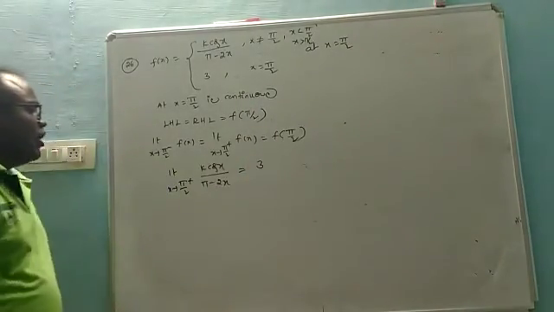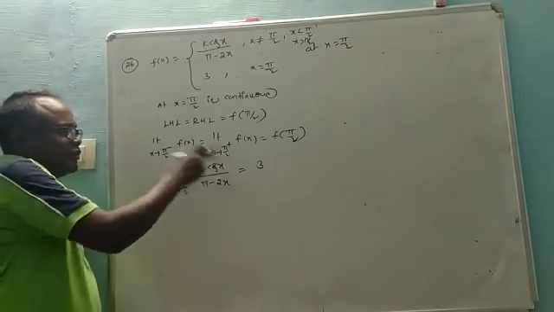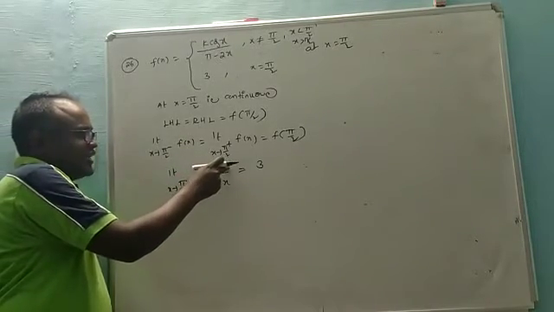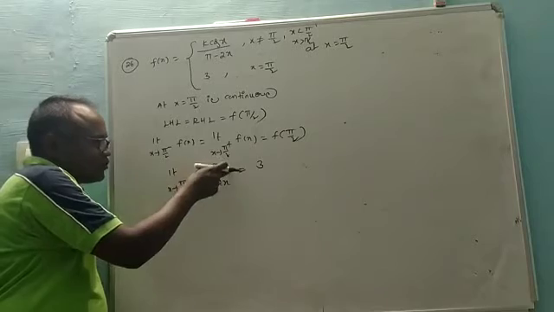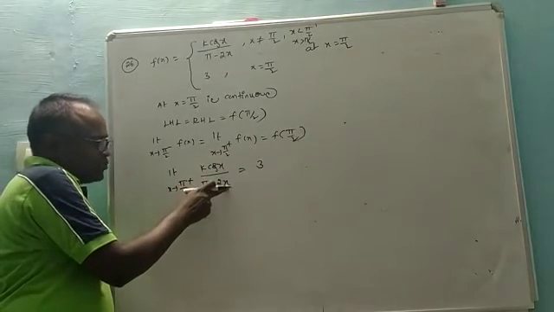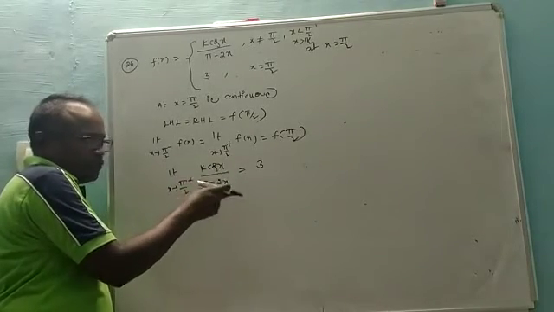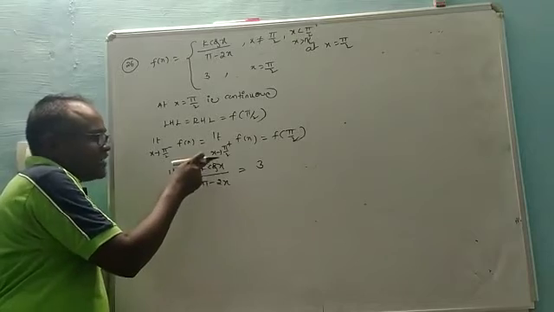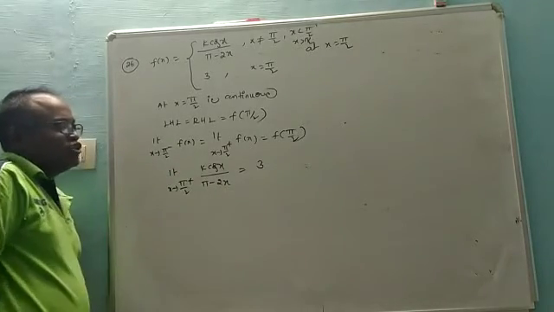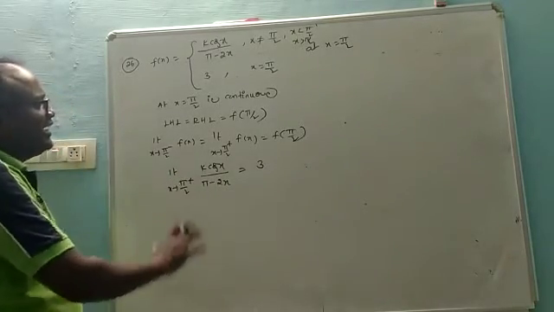Now whenever you substitute x equals pi by 2, cos 90 means 0. 0 into anything is equal to 0. Next, in the denominator, substitute x equals pi by 2: 2 into pi by 2, the 2s cancel, pi minus pi. It is the 0 by 0 form. Whenever it is 0 by 0 form, it is called the indeterminate form.